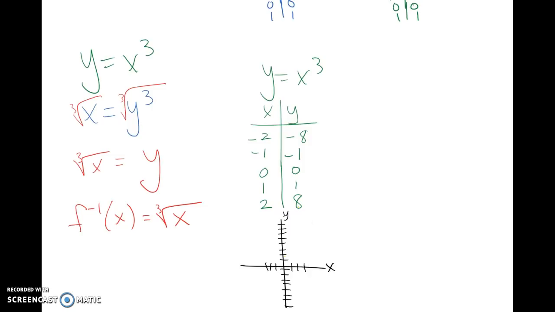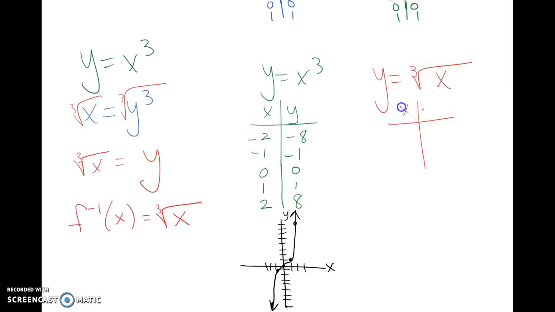Alright, so my points are (-2, -8), (-1, -1), (0, 0), (1, 1), and (2, 8). So it looks kind of like a little S. And if I am looking at the inverse function, which we said was y equals the cube root of x,